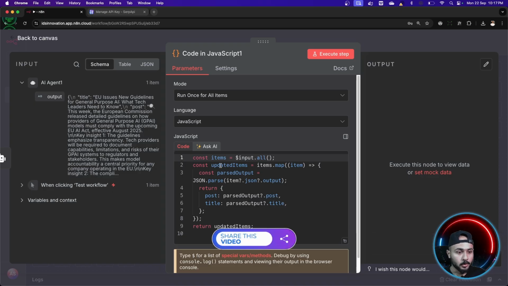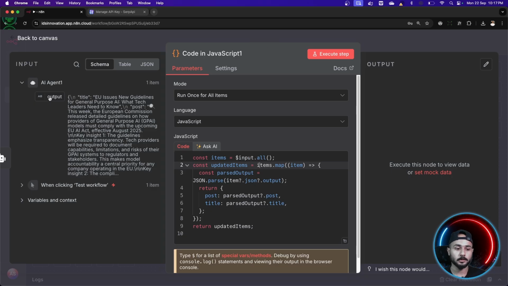Okay, perfect. So we got this code, which if I go through this, because I can understand what's happening here. I'm just iterating through the items, whatever items I have in the input, which this time is output, right? This is the input. Don't get confused, guys. So this output is the input here, right? For this code node. That's what I got. And I'm going to iterate through that, and the next step is to simply parse this into a format. From string, I'm going to parse this to JSON format, right?